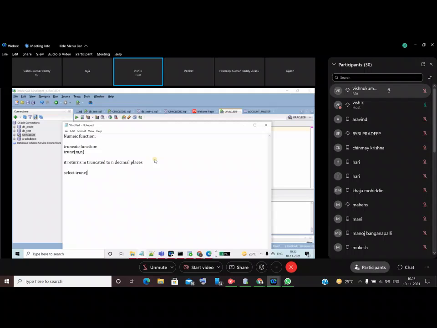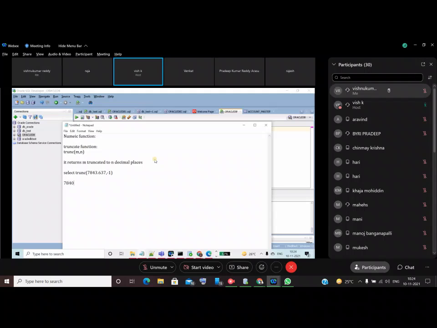Suppose 7843.637, and I want to truncate to 2. Suppose I'm using -1. In that case, what will happen? It will round off actually. So -1 means the 3 will be rounded, and 7840 will come.